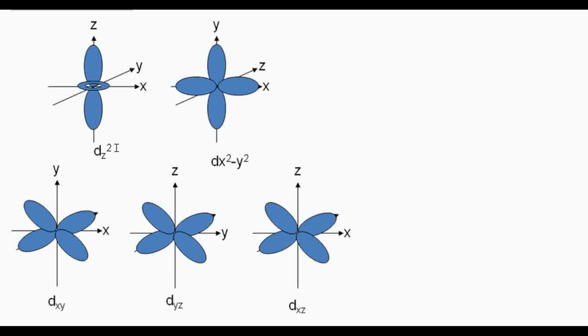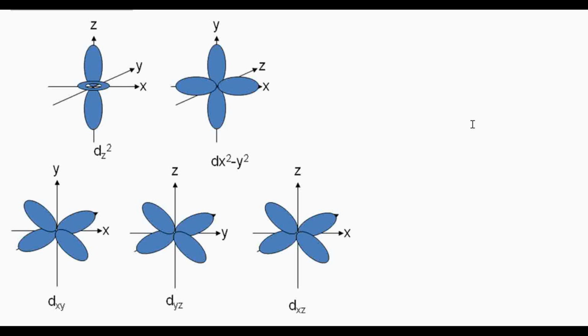Now the question is, why can we not have 6 d orbitals? The answer is that the number of orbitals is given by the angular momentum quantum number L. So for L equal to 2, you will find that m will range from values -2 to +2. So -2, -1, 0, 1 and 2. That becomes only 5. You cannot have 6 orbitals.